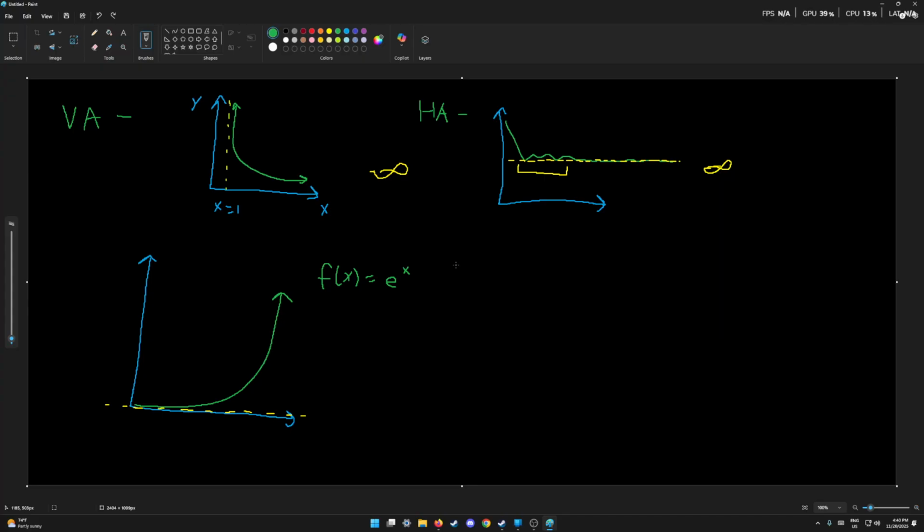My horizontal asymptote is 0, but if I said f of x equals e to the x minus 3, that's going to shift this whole function down. So that will look more like this. Where this horizontal asymptote is happening at y equals -3. And for e to the x and 2 to the x and stuff like that,